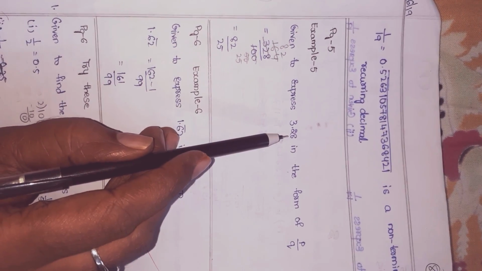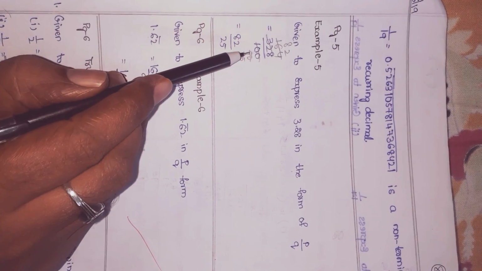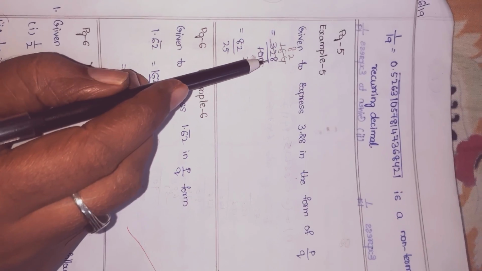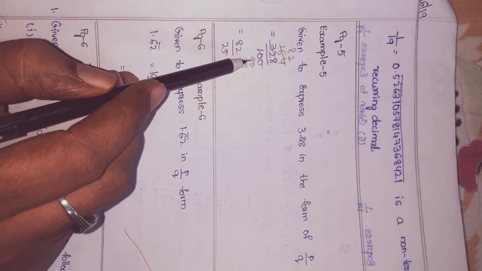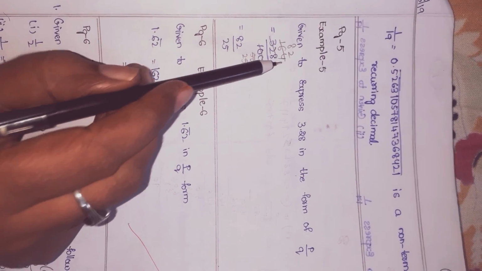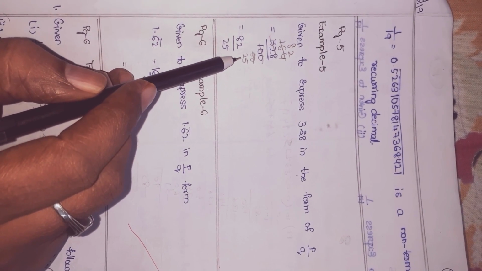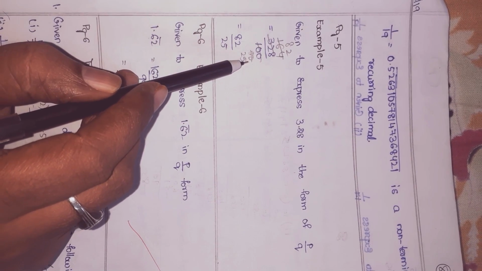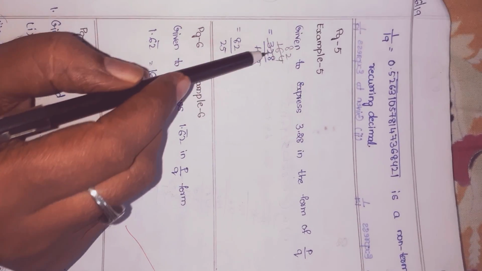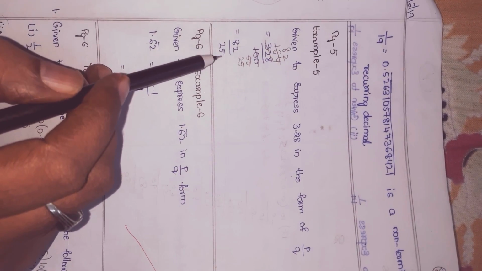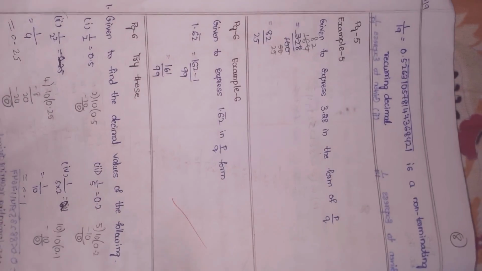So here 3.28 can be written as 328 by 100, children. Why? Because a number with two decimal places means two zeros. So do cancellation, children. 2 5s are 10, means 250 by 100. 2 1s are 2, 2 6s are 12, 2 4s are 8. Again do cancellation with the 2 table. 2 2s are 4. So 1 is the remaining part. 2 8s are 16, 2 to the 4. So what is the solution, children? 82 by 25. This completes your problem, children.